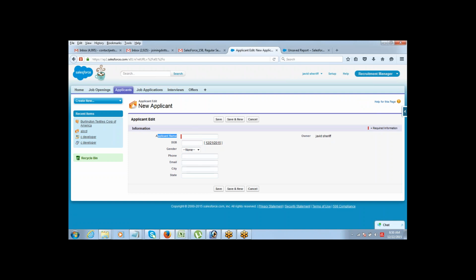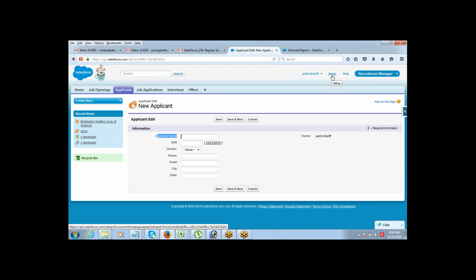If all the fields by default come into the left hand side, you might want some fields to be shown on the right hand side also. This is completely blank here, and all the fields have come here. You might want to set the order of the fields, which one should appear first, and which next. That is all you can go and edit in the page layout. Where do you go and edit the page layout? It's very simple. You just have to go to this object, and under the object you will see page layout.